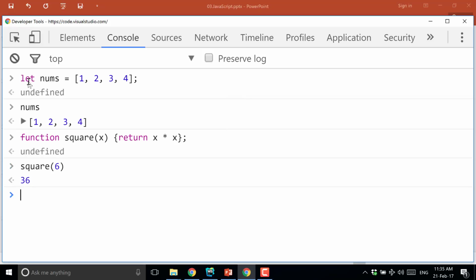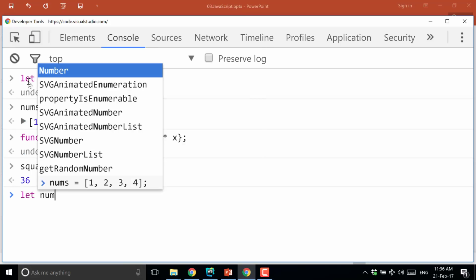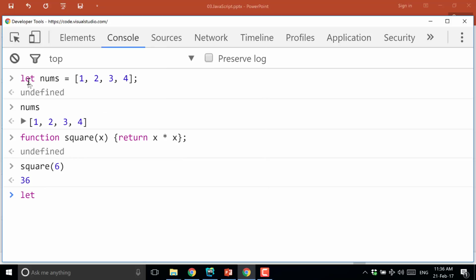36. It's working perfectly. Now, what I want to do is take this square and apply it to every element of the array and produce a new array that has, what values will the new array have? 1, 4, 9, and 16. Very good. So what I'll do here is let num or square